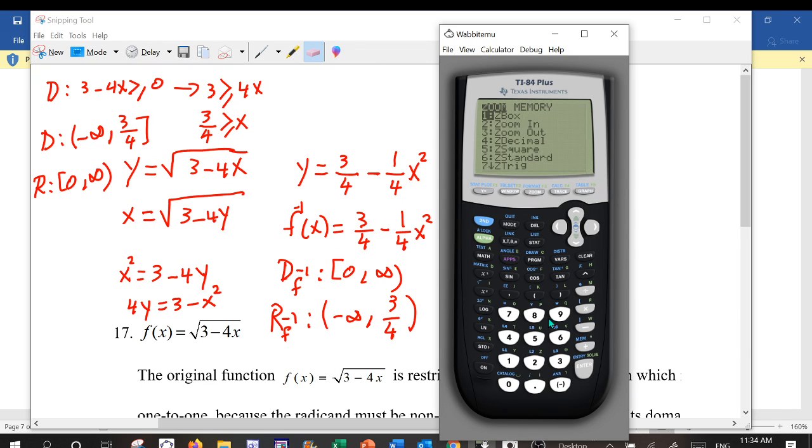Now when we go to zoom, let's go to zoom square. We get these two that are inverses and they're symmetric with respect to what? Y equals x. Let's see if we can get a better picture in zoom 4. Yeah, so you see that? It doesn't come all the way